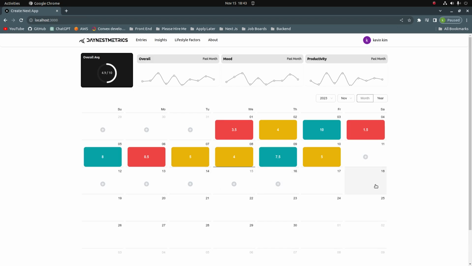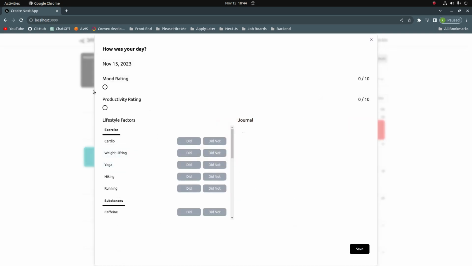So how do you fill it out? Well, today's the 15th. There's a plus button, you can input an entry. So boom,